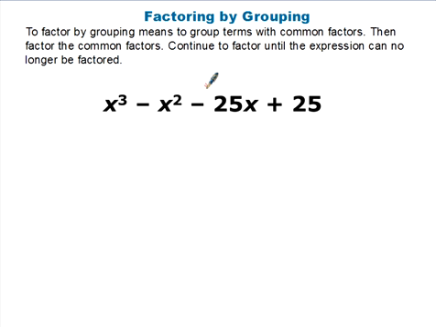Okay, the next topic is factoring by grouping. To factor by grouping means to group terms with common factors and then factor out the common factors and continue factoring until the expression can no longer be factored. So if we look at this polynomial right here, x cubed minus x squared minus 25x plus 25, you can immediately see that